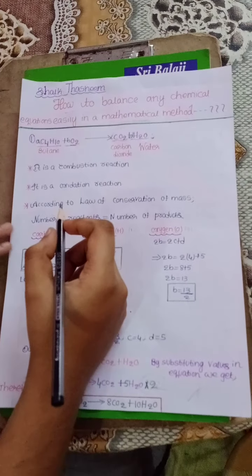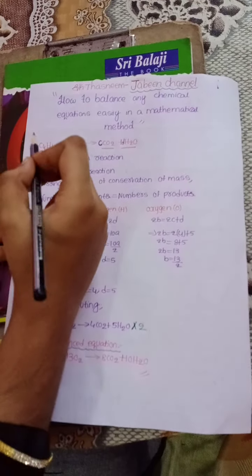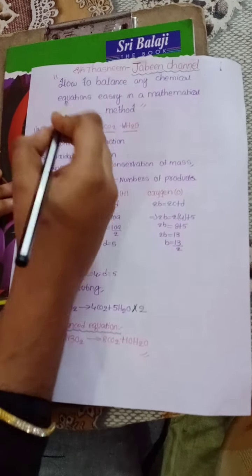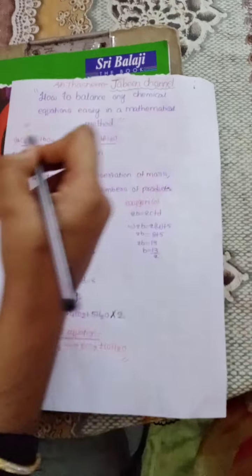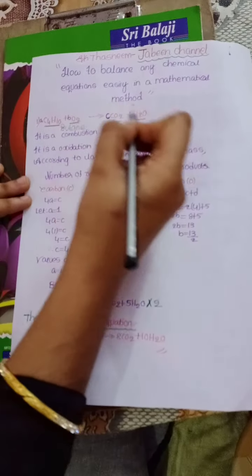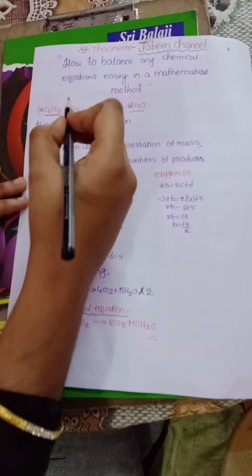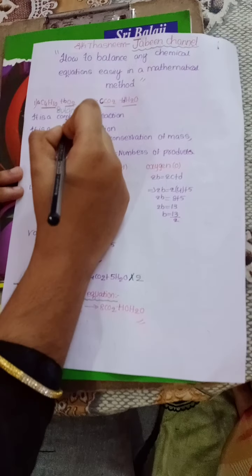In this session, I am going to explain how to balance any chemical equation easily by using a mathematical method. First of all, let us see an example: if we burn butane in the presence of oxygen, it gives rise to carbon dioxide and water, and we need to substitute the values A, B, C, D beside the elements. For example, by adding oxygen to the reaction, it becomes an oxidation reaction,